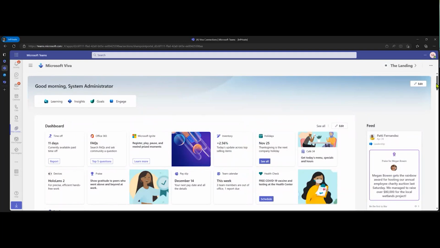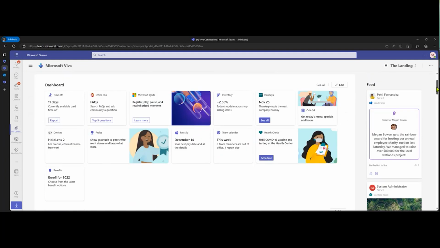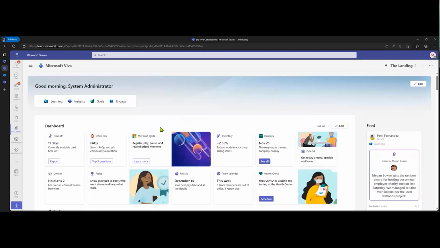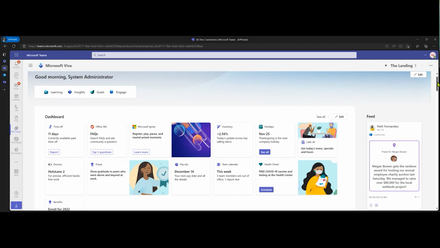I will say we actually released a message center message recently that we are moving this feed based upon a lot of feedback. We're moving the feed from the right to underneath the dash, to the lower part of the page. That way employees are able to access the dashboard cards and see more of those at a time. Mine is probably a little bit bigger because I'm on a wide screen, but for a lot of people, they're only seeing like 2 or 3 cards in the dashboard section. So by moving the feed to the bottom, it should give them a much better experience. So that is a change that's upcoming in the near future.